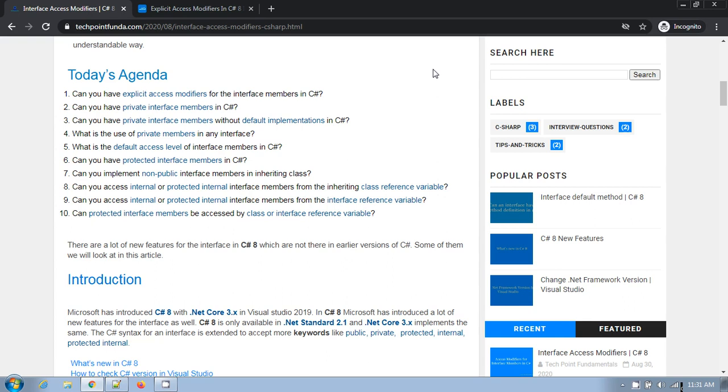If someone is specifying that they are talking about .NET Core or C# 8, then it is fine. But if someone is not specifying in which context they are asking the question, then you have to specify both things in parallel: what is in C# 8 and what is in the earlier versions of C#, right?